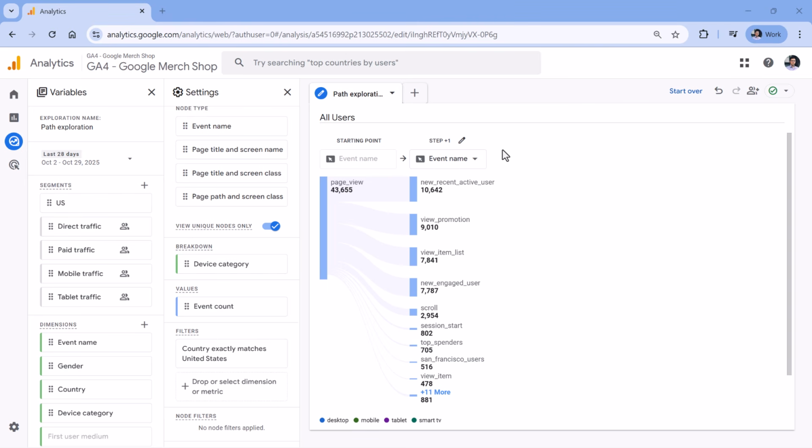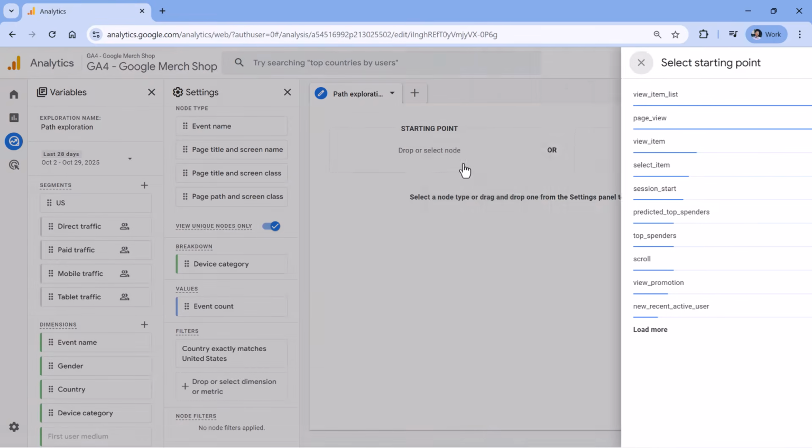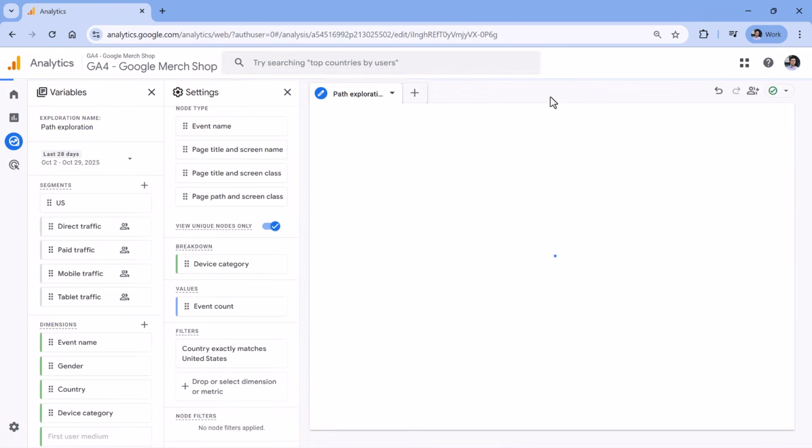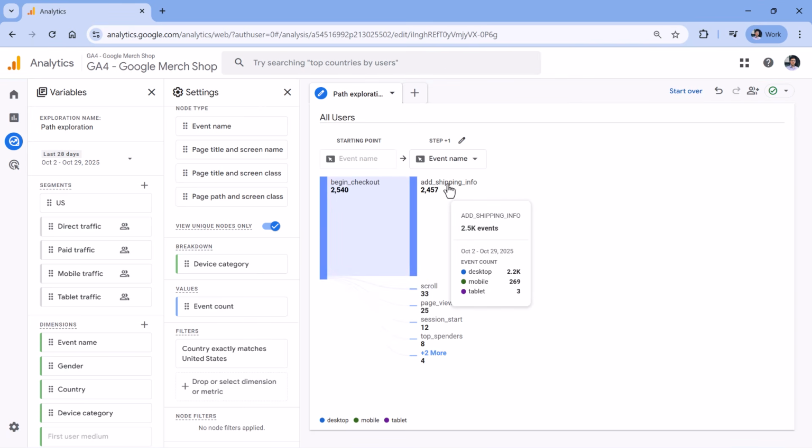A good idea to benefit from path exploration would be to look at the checkout process. And this particular property does not track checkout errors as events, but it would be quite useful because if, let's say, I would start over, then select a node where event name is begin checkout. Of course, if you track that event with the GA4 property, then you could expand nodes one by one, and maybe at some node you would see that a significant portion of events are called errors or checkout errors or something like that. Then you could drill down and understand what kind of errors and where are those errors happening. And hopefully you could recommend the business to improve certain steps of their checkout process and that way increase